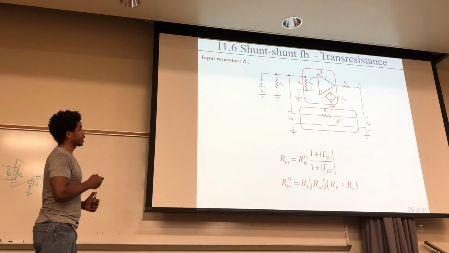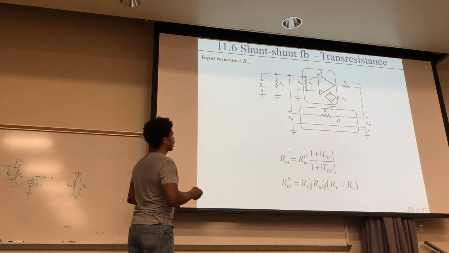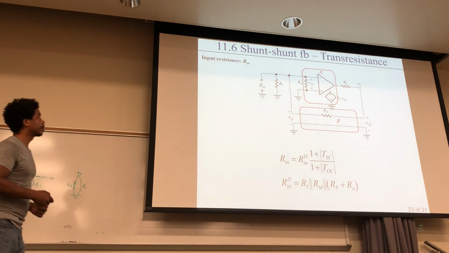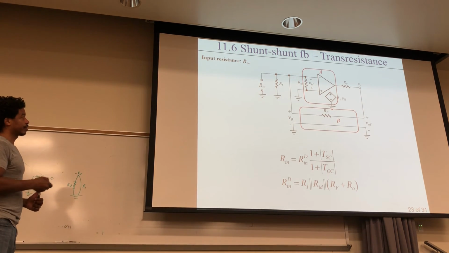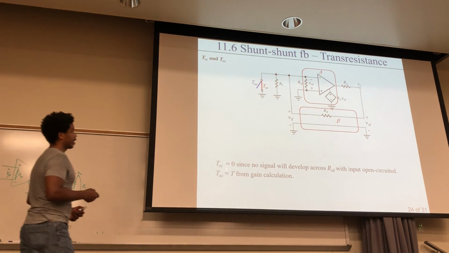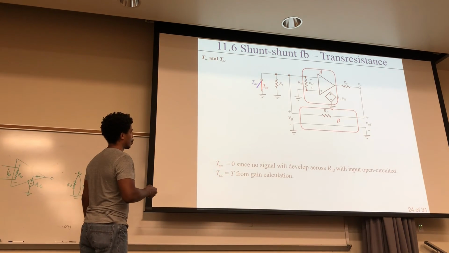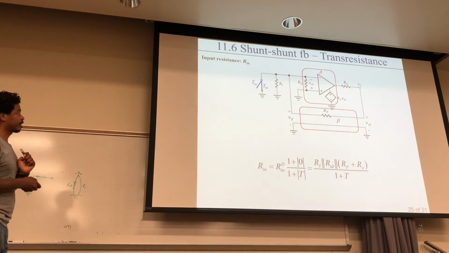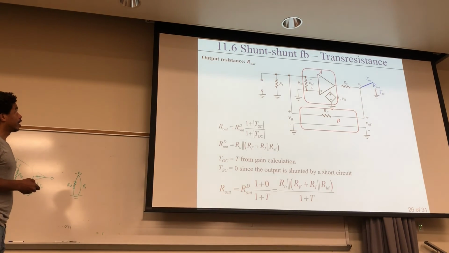For the input resistance, I use the Blackman's formula right there. Here's what I get for R in, by turning that off. And here's what I get for T short circuit and T open circuit. That's going to be 0. That's going to be T. Here's what I get for RIN. I just plug those values in. I get that. And for R out,